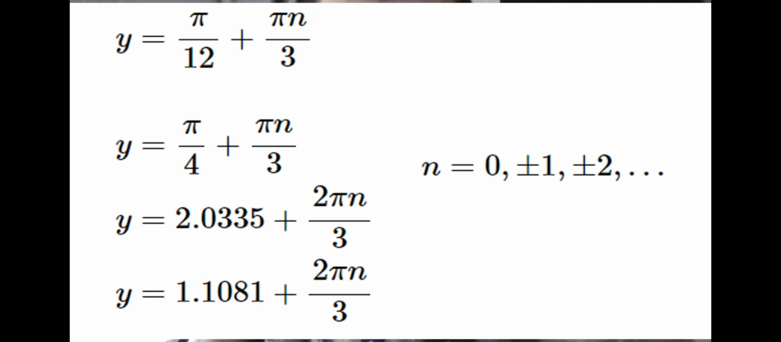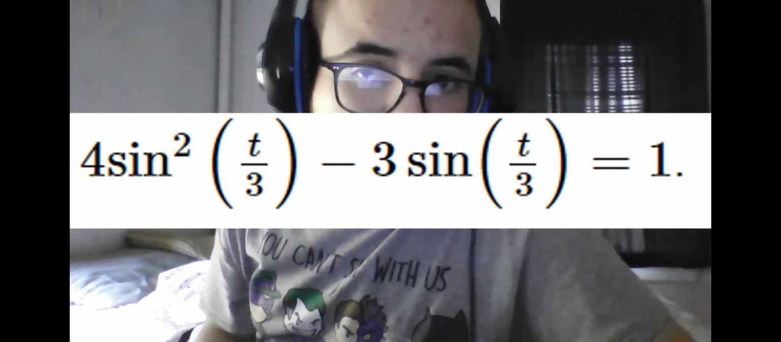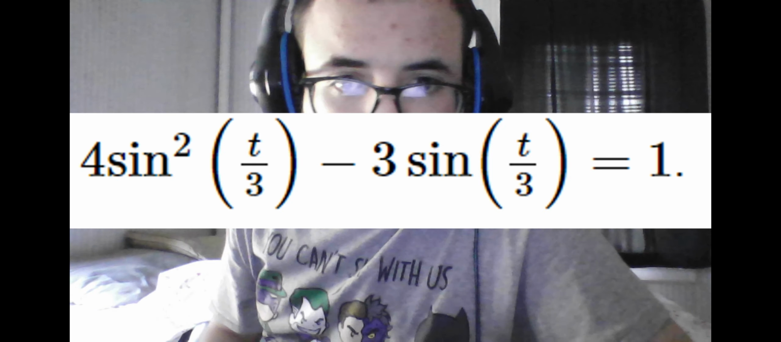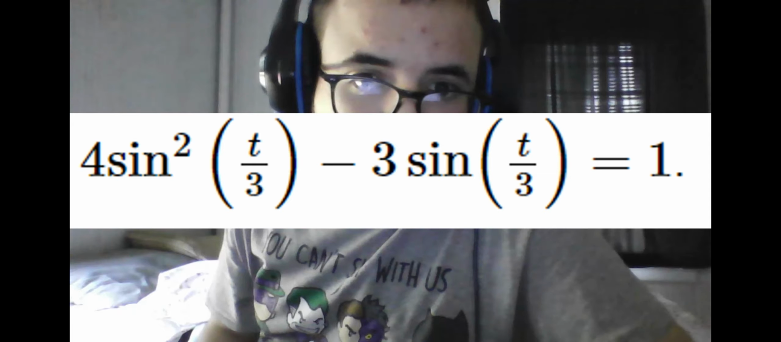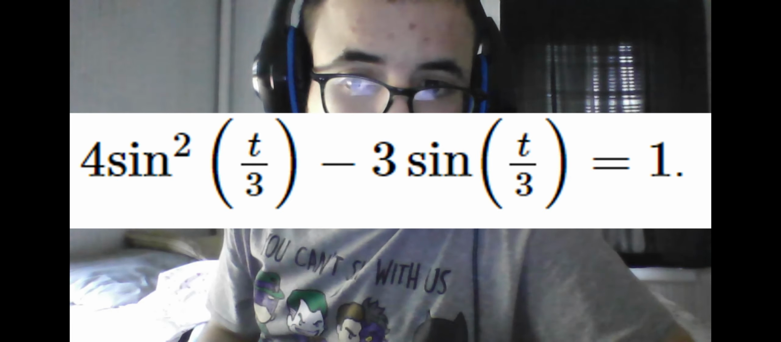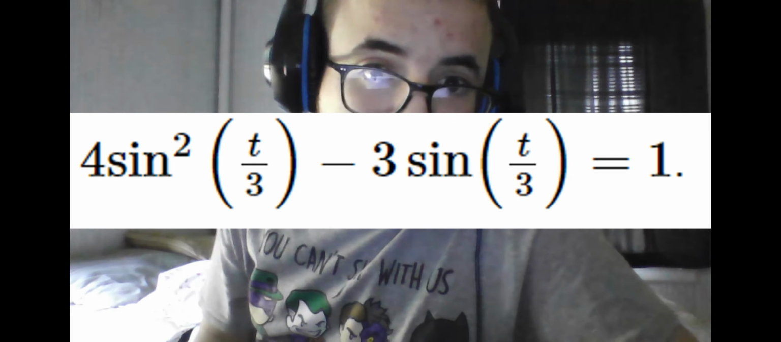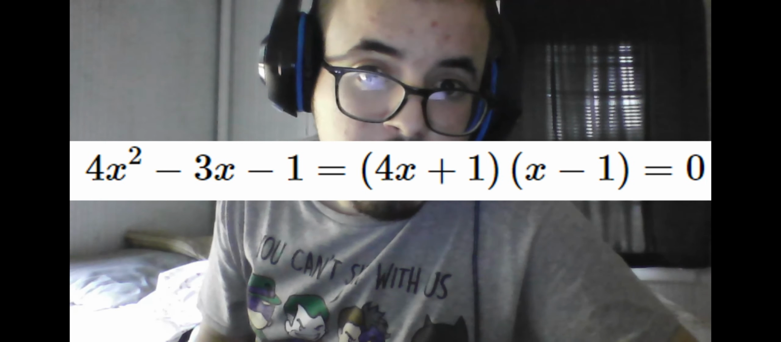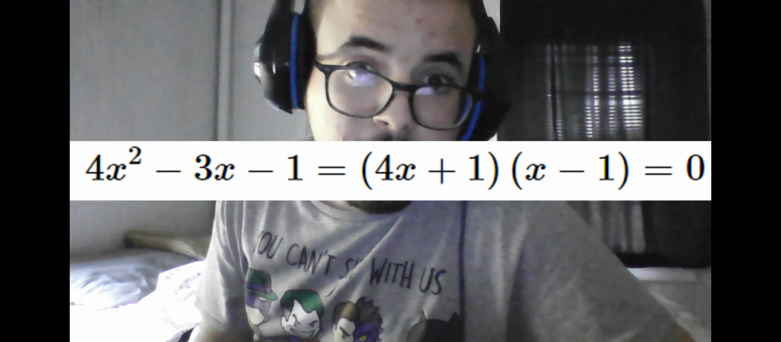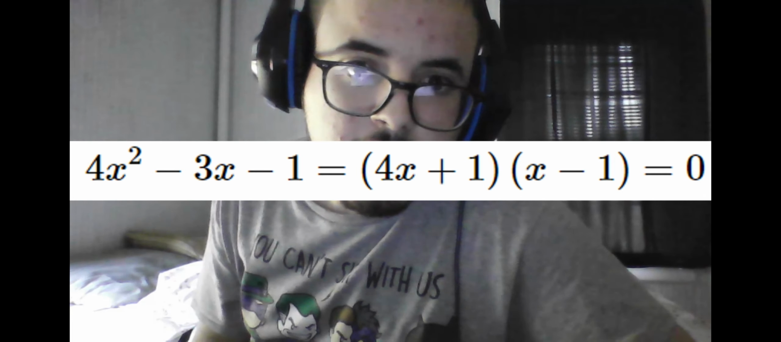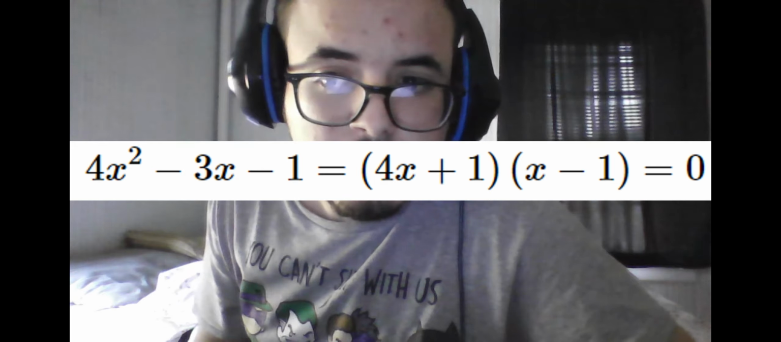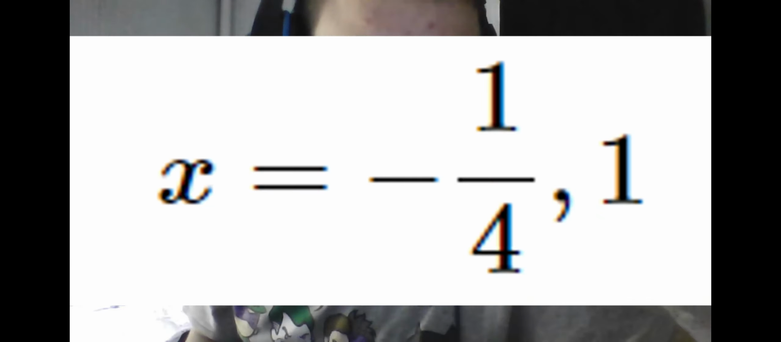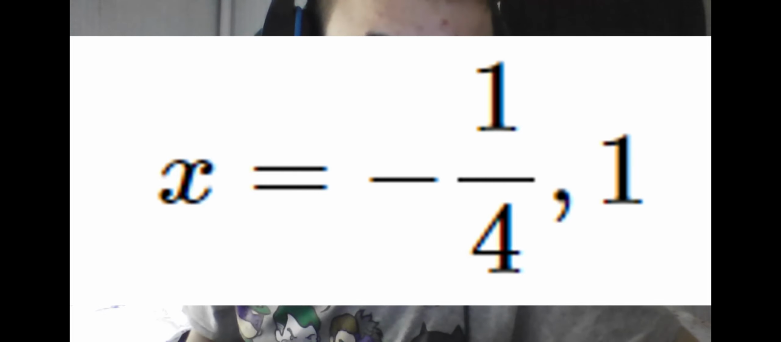Lastly, if we are given 4 times the sine squared of t over 3 minus 3 times the sine of t over 3 equals 1, we would first notice that 4x squared minus 3 times x minus 1 equals 0, and when we solve that by factoring it, we get 4 times x plus 1 times x minus 1 equals 0. So x is either negative 1/4 or positive 1,